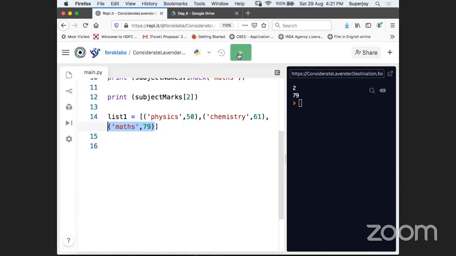Math is at the last. And see, guys, what happens. And here you see list 1, that is my name of the list. And if I say -1, guys, what will happen in that case? It will print me. Okay, I can write 2 here as well. Even with the 2, it is going to give me the same output.